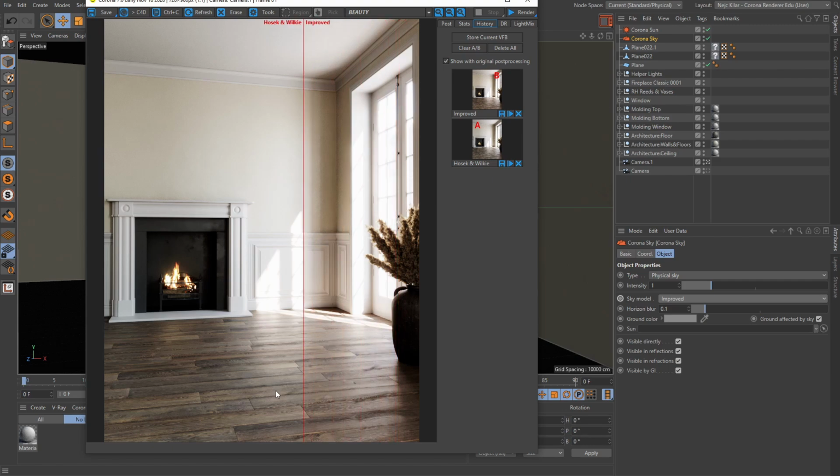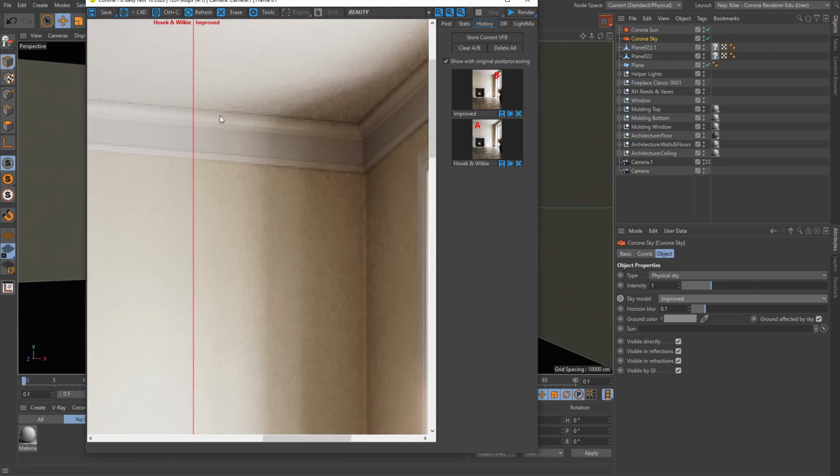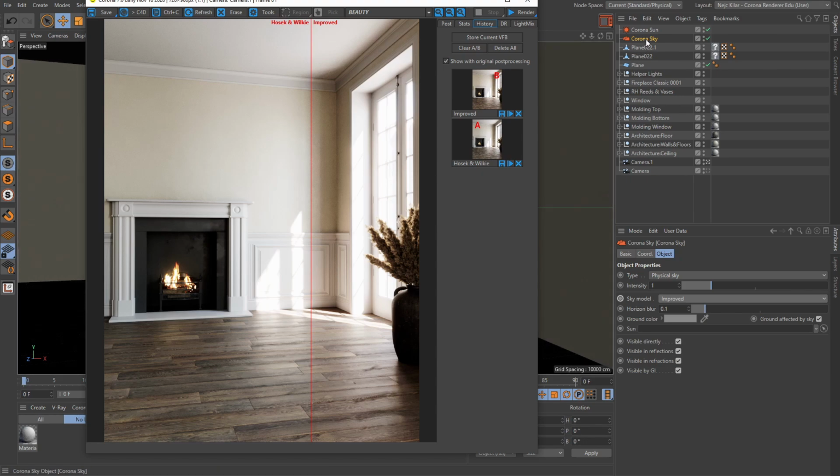Now, even less neutral colored parts of the image, like the flooring here, are quite noticeably less greenish with the new improved model. And before you ask, the tone mapping didn't change here at all. It's the same on both images. The only thing that changed was the sky model, which was set to Hosek and Wilkie for one image, which by the way is the previous sky model, and for the other image it was set to the new improved sky model. Now, if we zoom in on the mantle here,